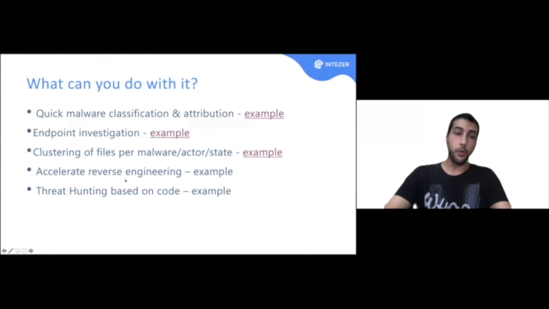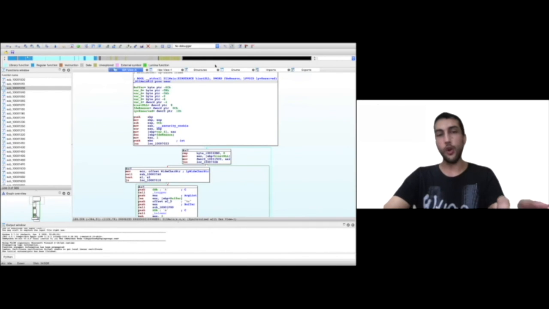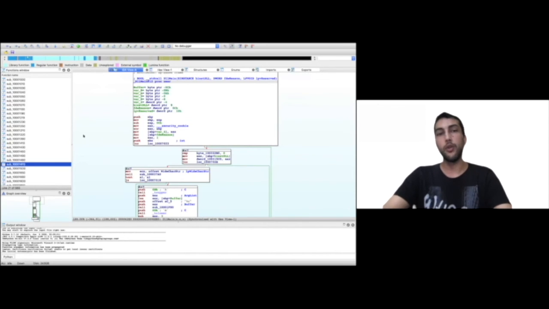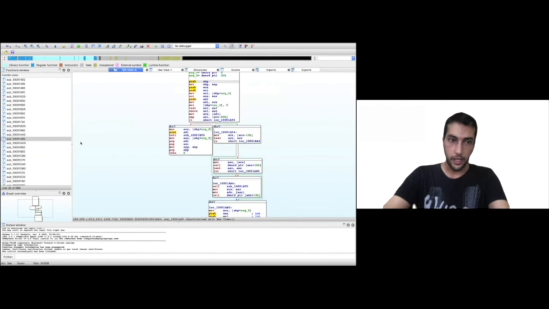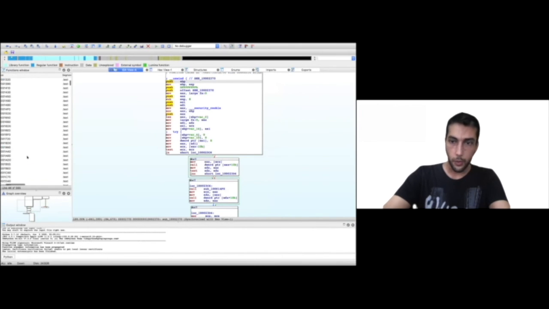Okay, so a few more features I'd like to show you based on this technology. First of all, you can accelerate the reverse engineering process, which is extremely useful for reversers like me. I just opened IDA Pro and loaded a file to it. This file, for example, has around 560 functions. And you know, the best reverse engineers know where to focus within this huge file. Otherwise, they'll have to go over each and every function here and start analyzing it, which could take a lot